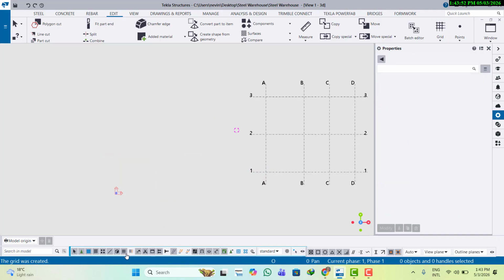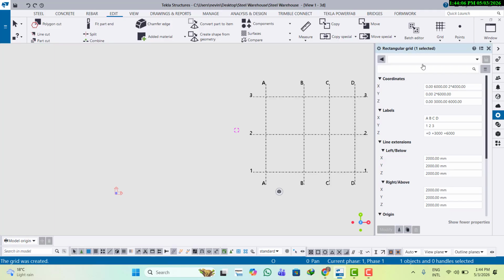First, you have to make sure that the select grid option here at the bottom left corner is active. Then double click on the grid line. Here in the properties dialog box, you can enter your coordinates for the grid lines in X, Y, and Z direction. For example, in the X direction, we will enter here